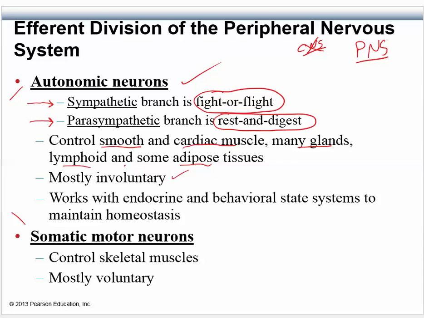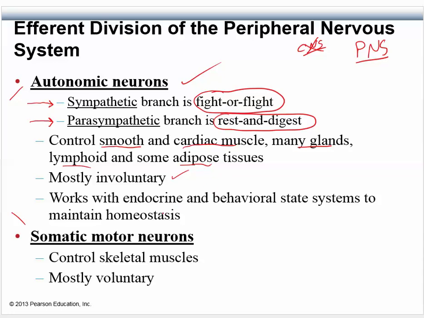Now you can activate or deactivate, if that's a term, the autonomic nervous system or its branches by thinking about various things, but you don't really control it in a direct way. You can't tell your heart to beat and then stop beating. You can think of something that causes it to beat faster, or you can try to reach your zen and cause it to beat slower.